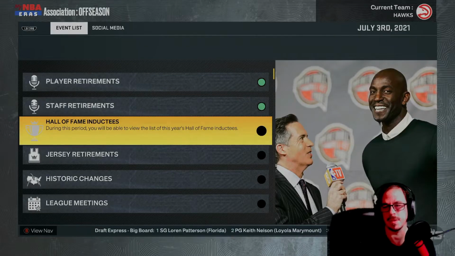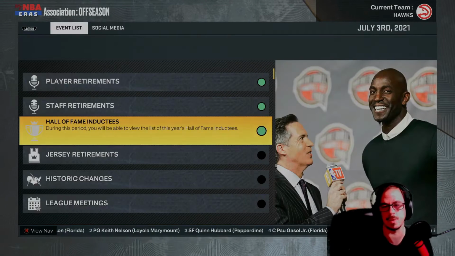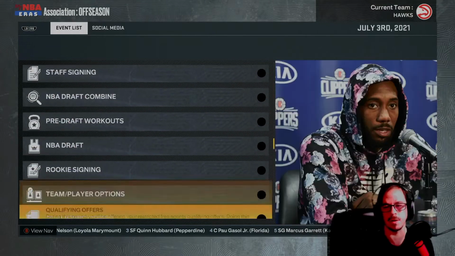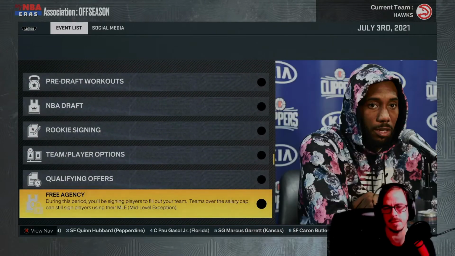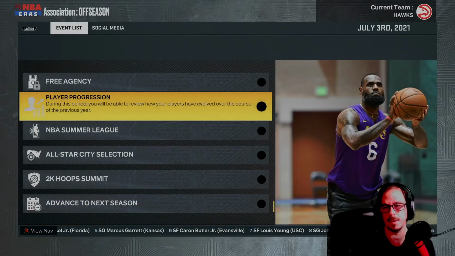Who's making the Hall of Fame this season? It's Dwayne Wade. He retires now. A little bit later than he did in real life because he didn't have to deal with injuries this time. So good on him. Let's move into, I don't know, let's take a look at player progression, because I want